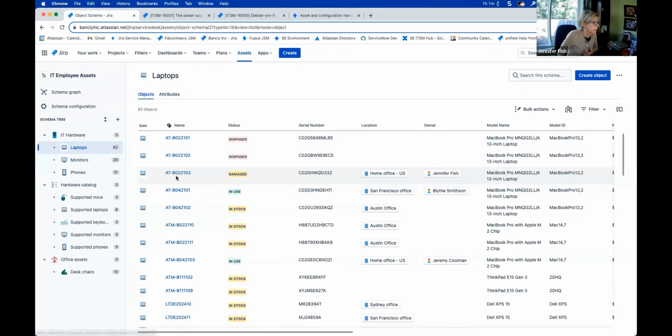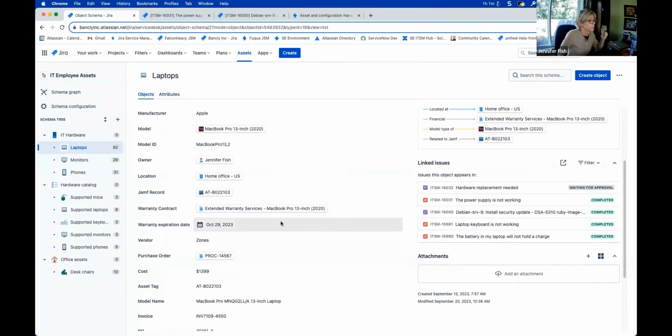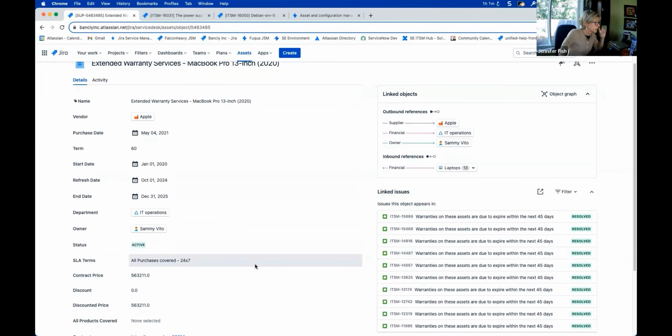We'll take a look at my laptop, and we are linking the warranty contract. I think it's back to the entire model. It's not for this particular serial number. I think it's done by the entire model. I'm not exactly sure, but to finish out, you could do it either way, Julia. You could do it by serial number, you could do it by PO, you could do it either way. In some cases, you may want to do it by the in-service date. Okay, hopefully I answered that question.